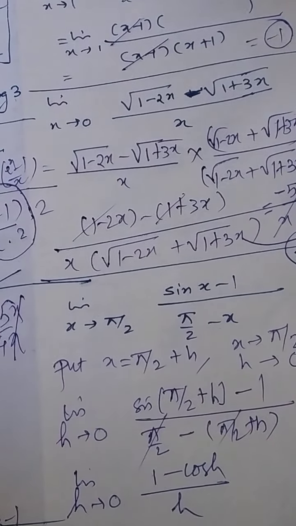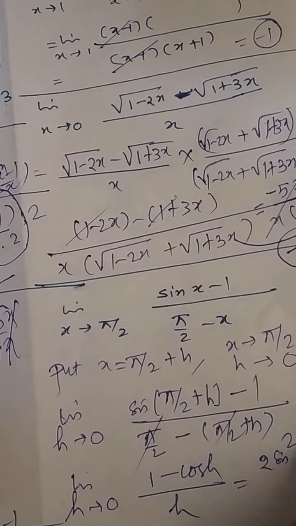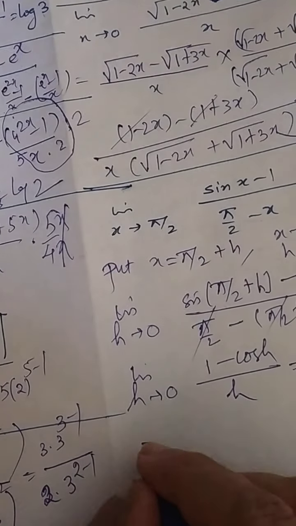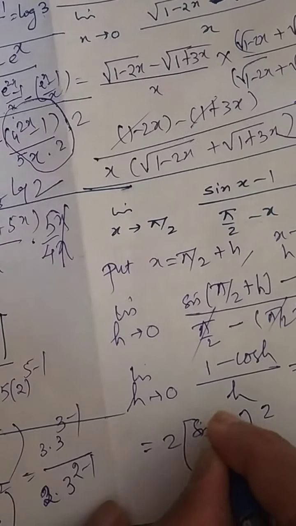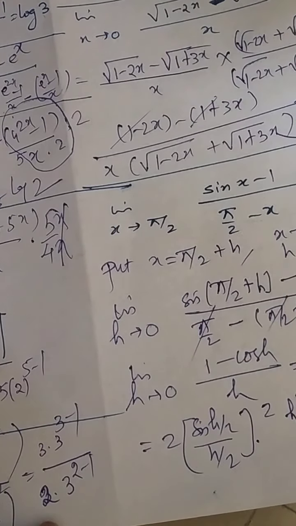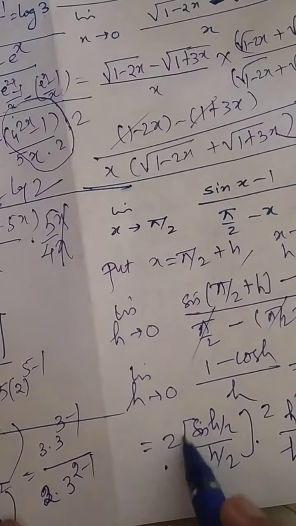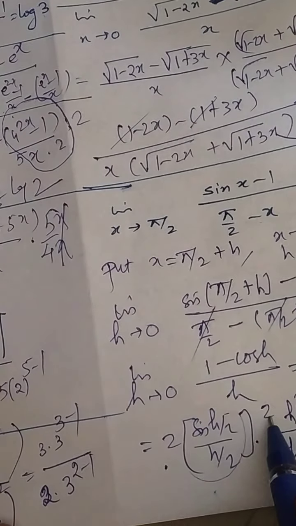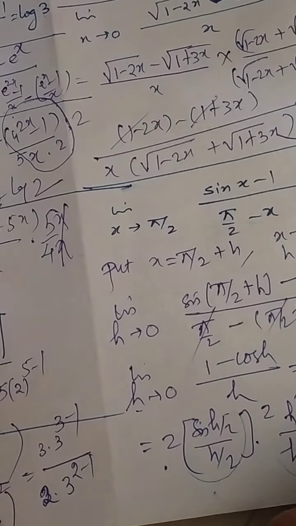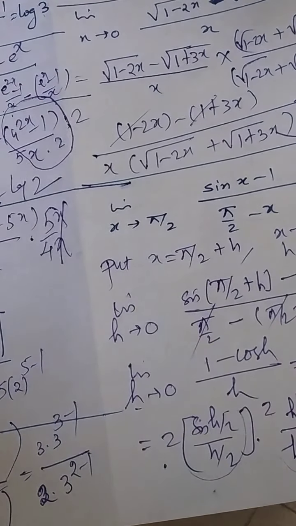And we have done this type of sum somewhere. 1 minus cos h will be 0 by 0. It will be 2 sine square h by 2 upon h. Now how do you answer this further? Keep the 2 as it is. It will be square as it is, sine of h by 2 upon h by 2. Over here h square by 4, and this will be h. Now this is 2, first one. This will be 1. Over here it will be 2. This h is remaining. If you put h equal to 0, then you will get the answer as 0. So this is a way of evaluating the limit.